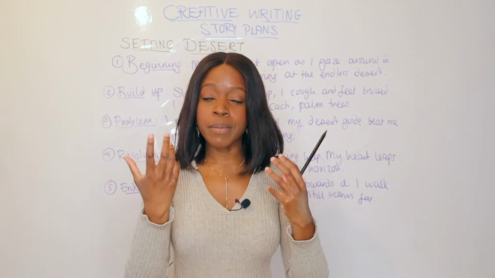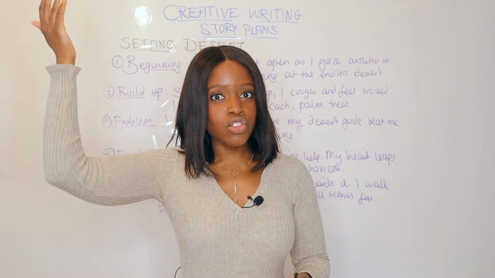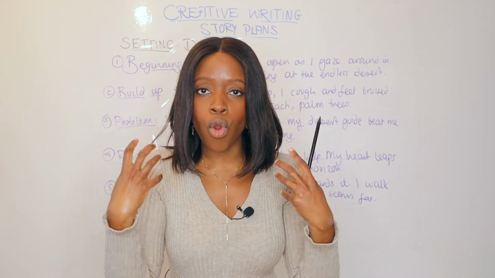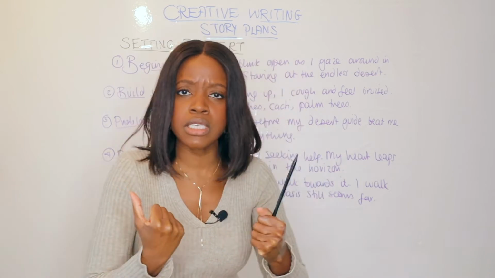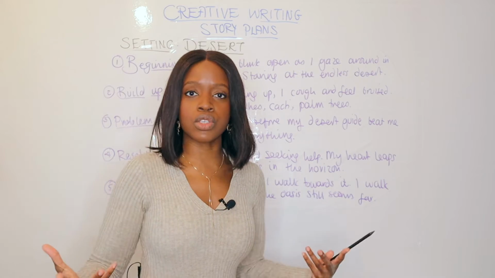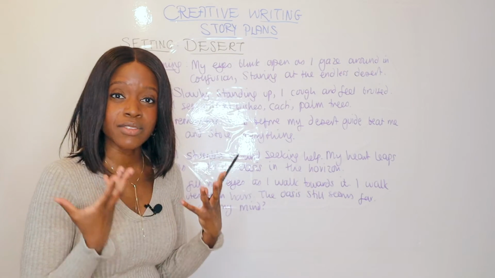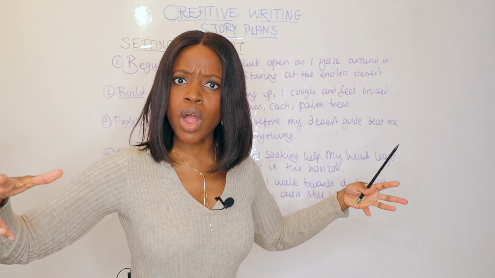Here, the pathetic fallacy you could use is not the sun's rays beaming down really nicely. The sun's rays would be scorching. They are pelting you. You almost feel as if your skin is on fire because the sun is so hot. So you're using pathetic fallacy here to create a very strong sense of discomfort. As you're waking up, you're looking around at this endless desert, which is a sea of sand, for instance. You can use lots of metaphor to describe what you can see before you. Make sure you establish a sense of setting, but when you're describing the desert setting, you're really confused. Why am I here?